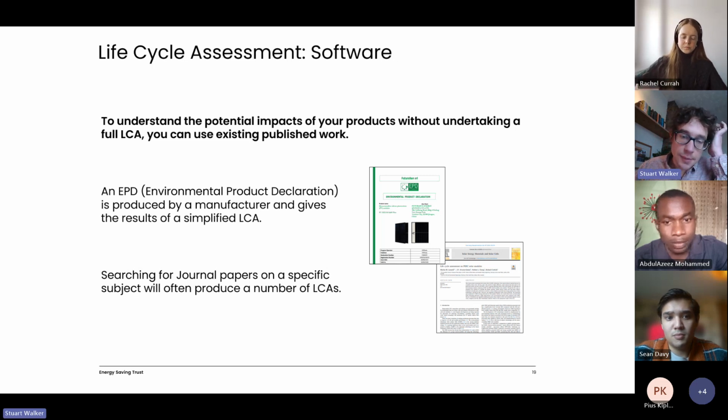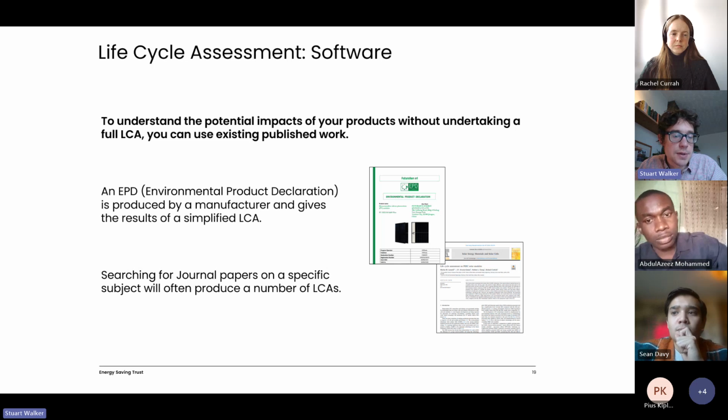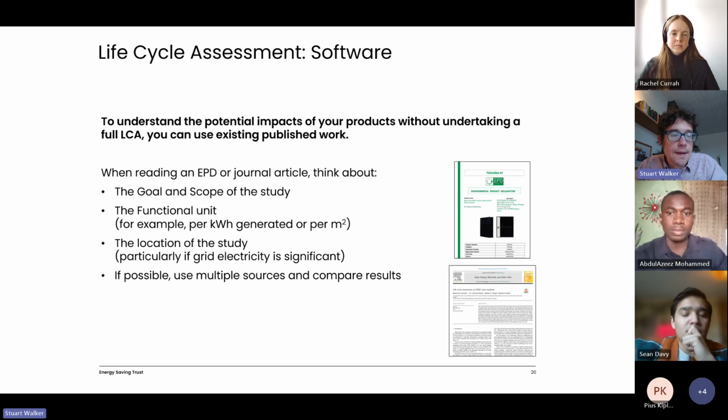And there's also academic literature, or any sort of published literature. There are a lot of open access journal papers and various journal papers about life cycle assessment, and you'll find a lot of information contained within those. I think we'll talk in a minute about what you need to bear in mind when you look at some papers. We can't just compare any results from any paper side by side. There are a lot of differences in the way those studies were done in terms of the scopes we talked about, so we need to make sure that we're comparing the right thing.